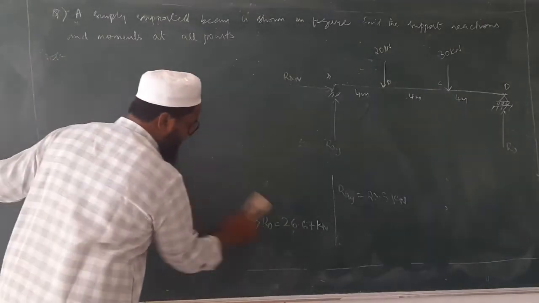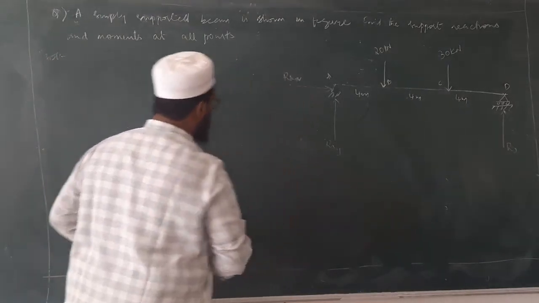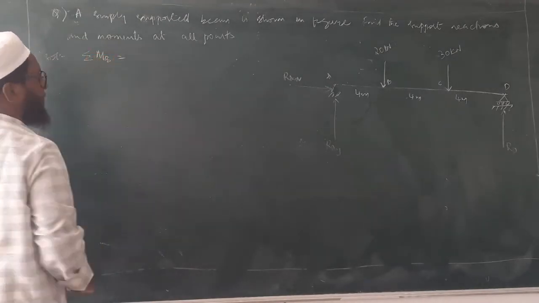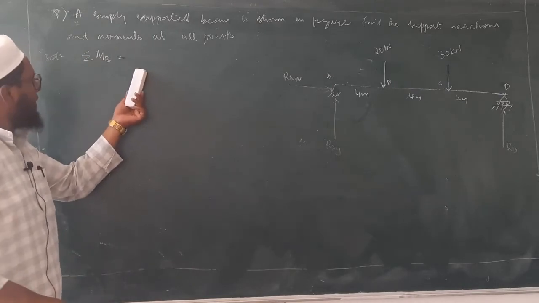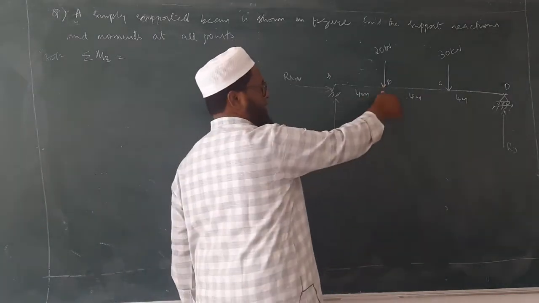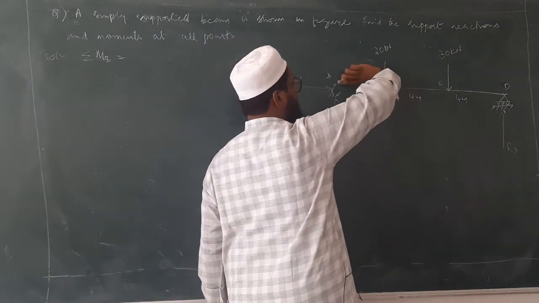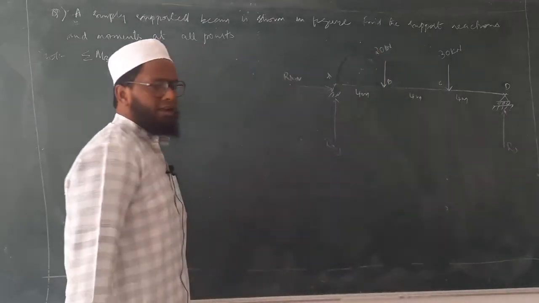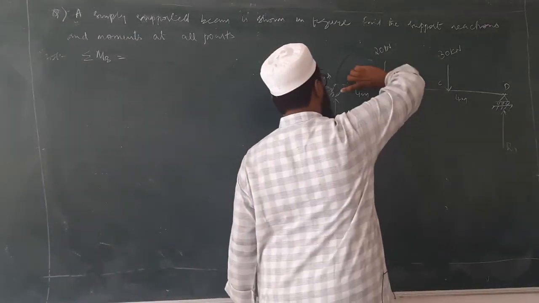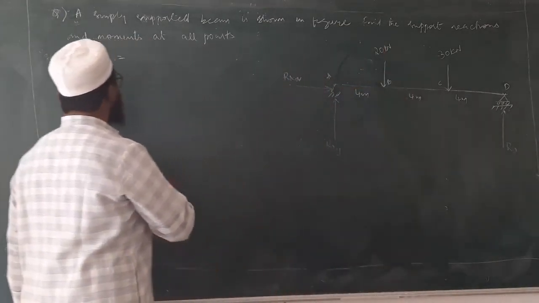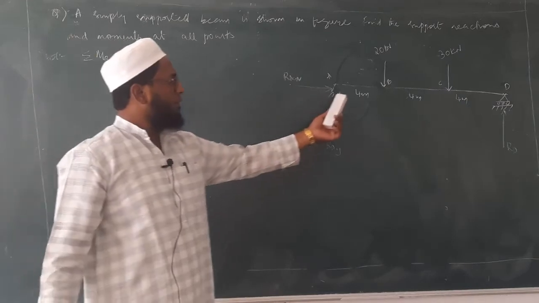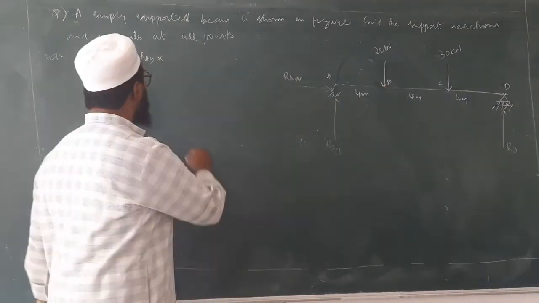Now how to calculate moment at B and C? So see here, I am writing moment at B is equal to, I am not writing 0. I am calculating moment at B, so I will place my thumb over here. Now see the force RAY. RAY is going in which direction? Positive direction. So RAY into perpendicular distance till B is 4.